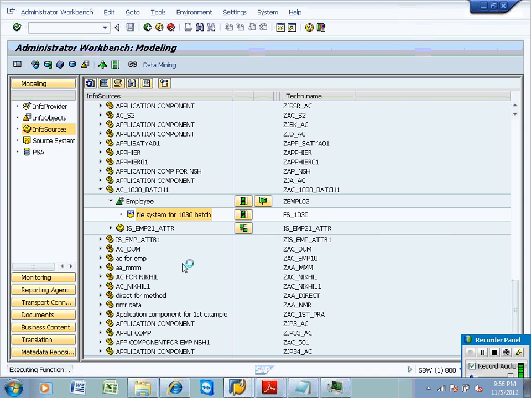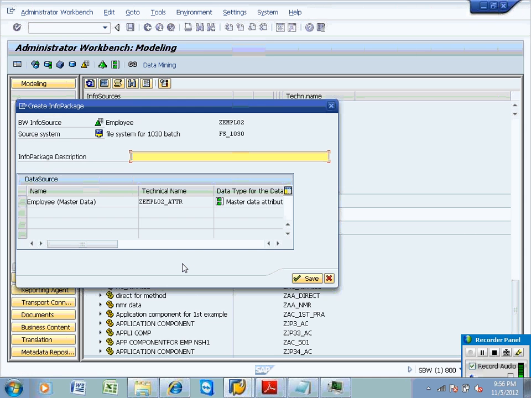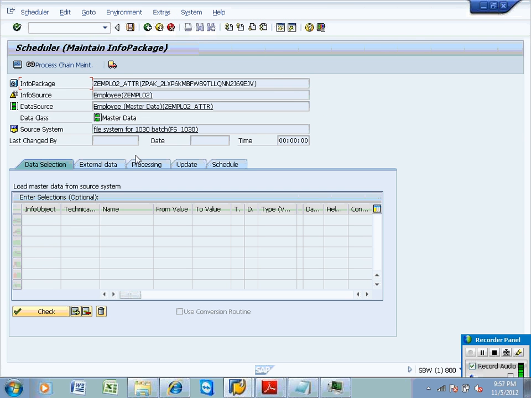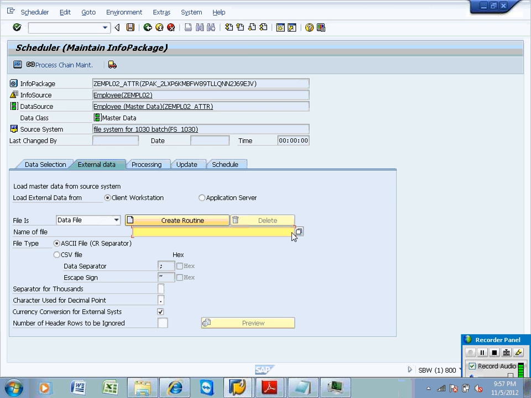To do that, we need to create an IP. This is your sixth point. Create IP and schedule the data source. For info packages, you can give only a description. The technical names will be provided by the system. Often there is very long information you can see here. This is the technical name of the info object given by the system. We have only the option to give a description. This is the description. Now select external data.